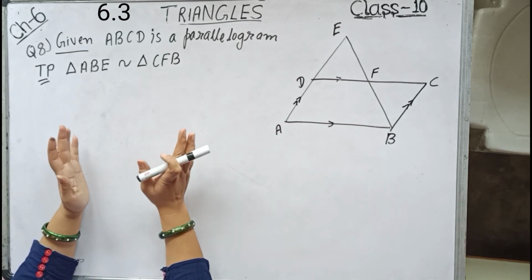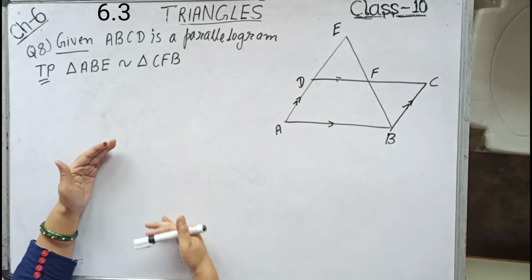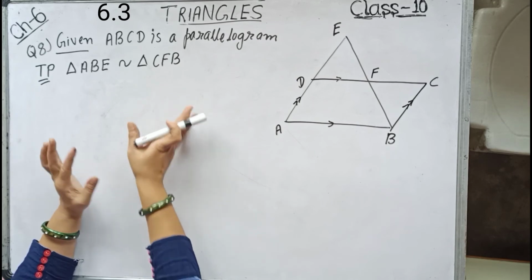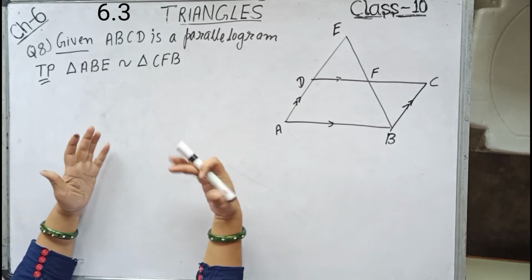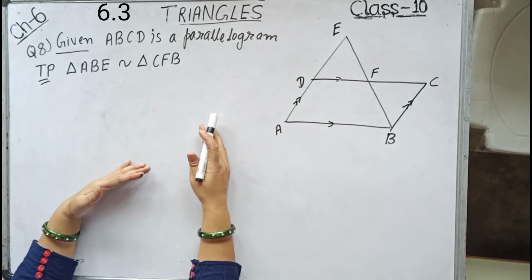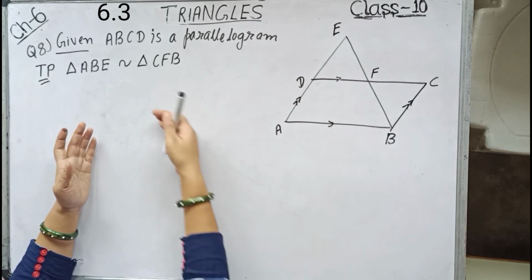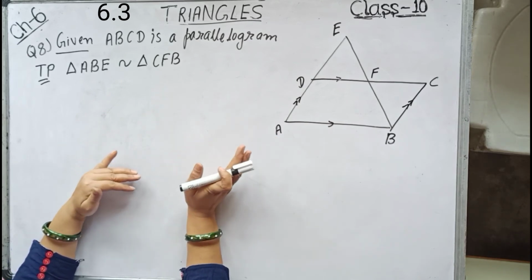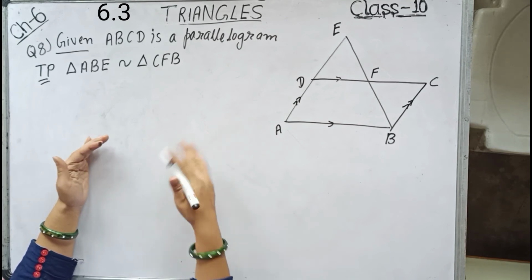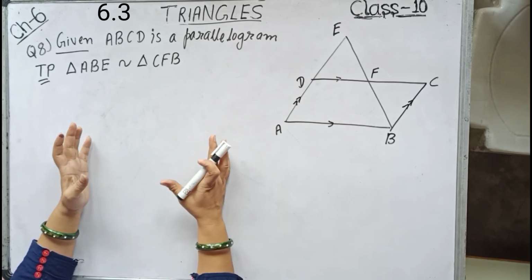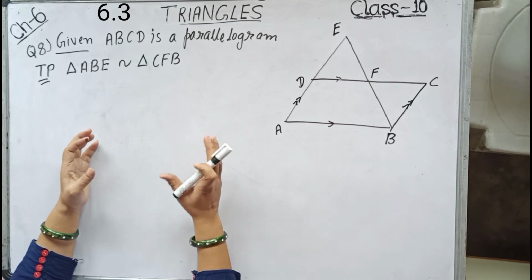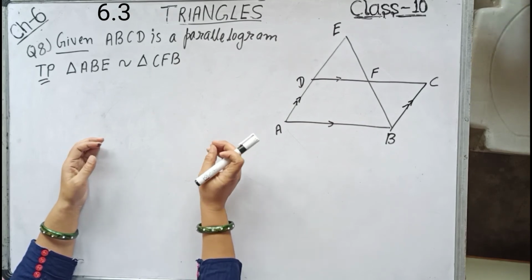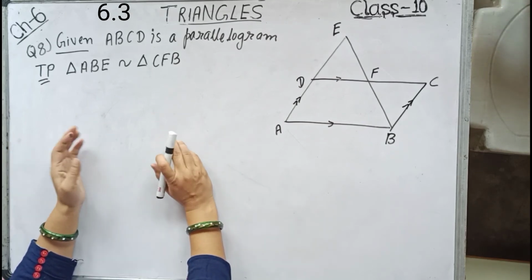Children, before proving or before writing the solution, once see the question, see what is given, plan the solution in your mind, then only proceed. If the moment you get the question, you start your solution, this you can do only if you have done that sum earlier. But for a new question or for every question, children, make a habit of thinking over the question, planning the solution for few seconds, 30 seconds, and then only you proceed.